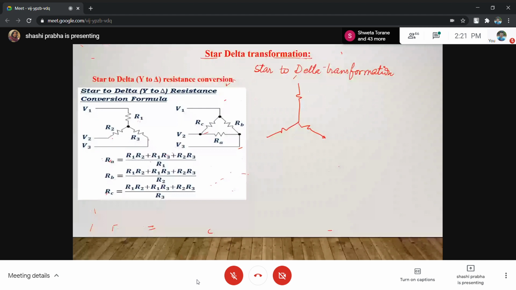Convert this into a delta. If I have a star and I want to make a delta, so